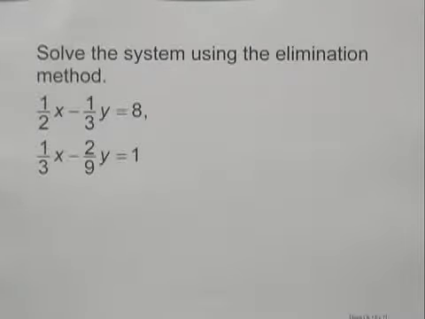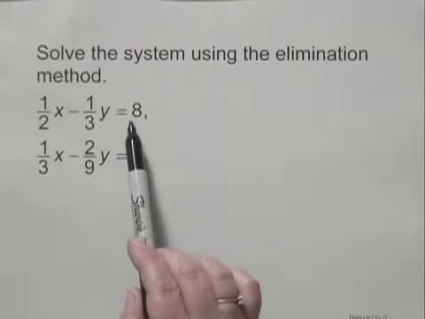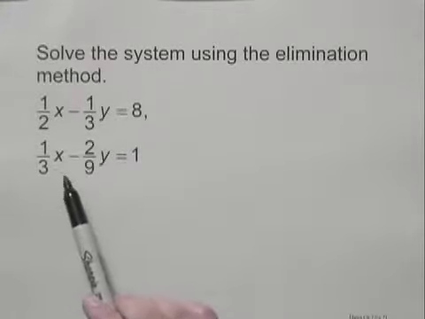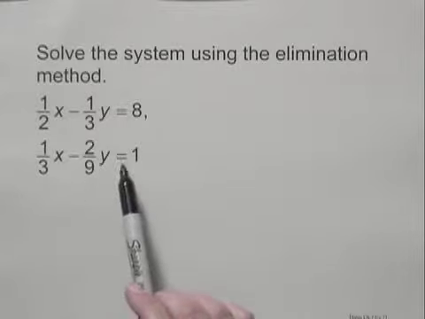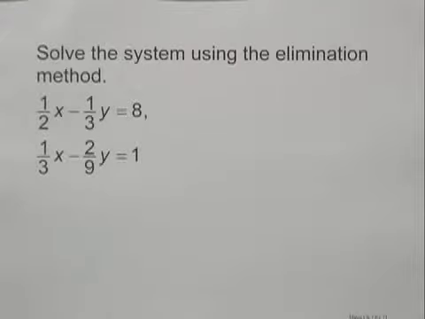Solve the system using the elimination method. We have the system of equations 1/2 x minus 1/3 y equals 8, and 1/3 x minus 2/9 y equals 1. Now we can solve it like this, but it will be a little easier to work with if we